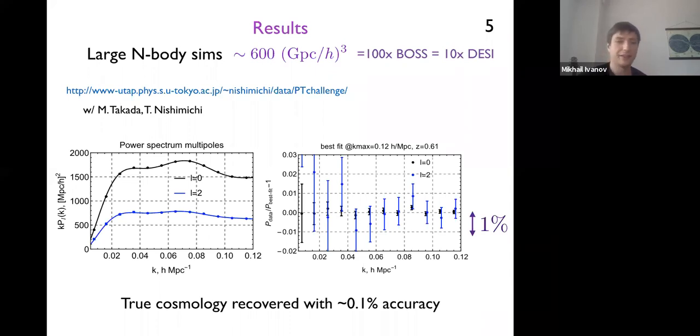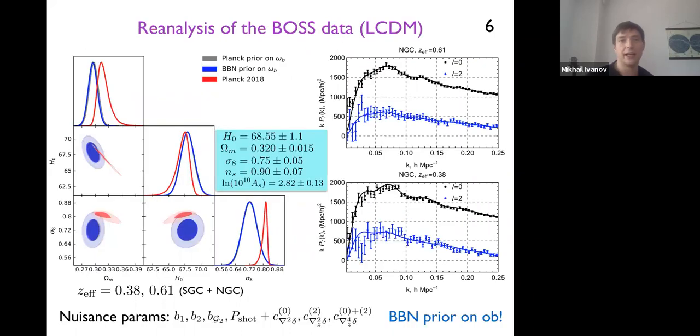And after that, we got confident in our pipeline and decided to apply it to the actual BOSS data. And essentially we have repeated the same exercise. We took the available galaxy power spectrum measurements from essentially 4 non-overlapping BOSS data chunks at effective redshifts 0.38 and 0.61, in two different patches of the sky, South Galactic Cap and North Galactic Cap.